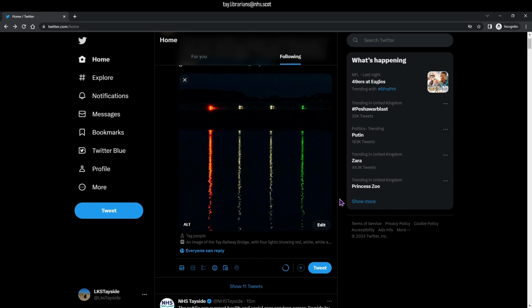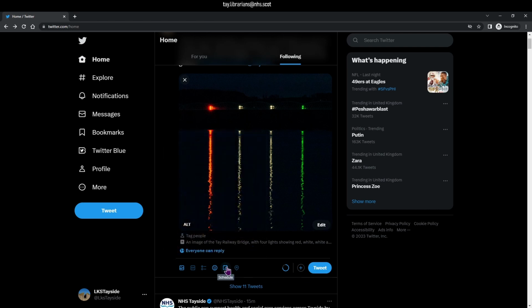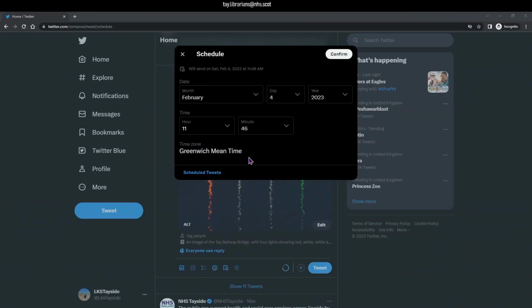So you might want to use emojis. I don't know, I'd never really used them. But when you click on it, you can add the Twitter emojis, all very exciting. You can also add a date for it to be published. And again, for Twitter in a professional capacity, this can be really interesting because it means that you can schedule ahead. You can make this tweet appear at a particular time where you know you might get a better audience, or when you are launching something and you don't want it to appear before that time. So that is quite useful as well.